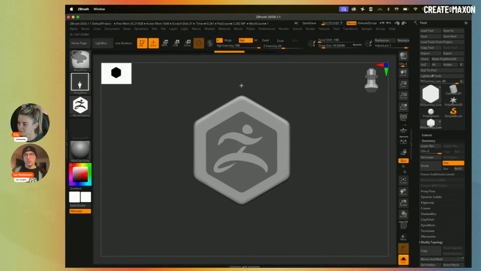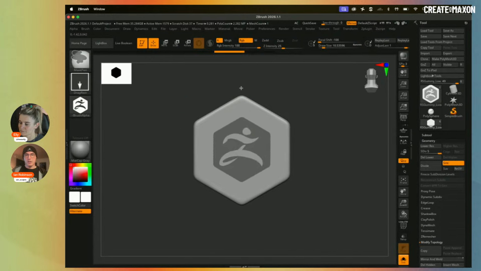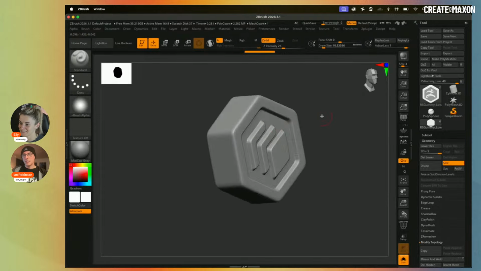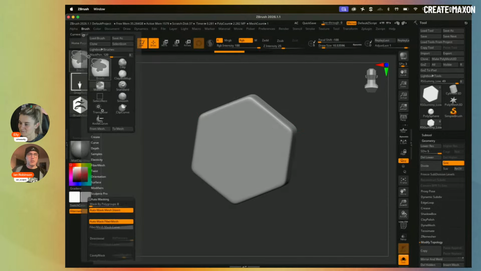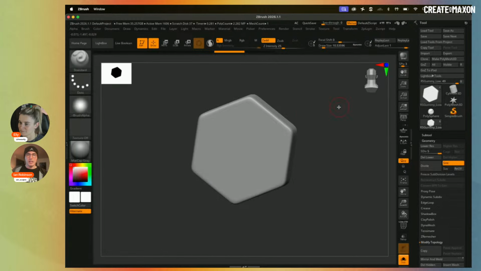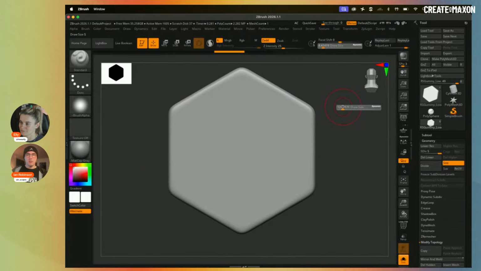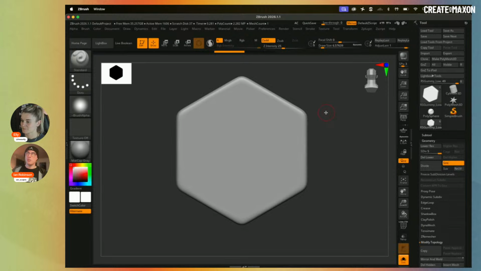So yeah, I could have just come in here, turn on backface mask, find the center. Ian, you could do it. Yes, there you go. And then that's going to protect that side. So that is something that you could do. Just press and hold control, go up to brush, backface mask, and it's good. Something else you could do as well, and it is a little bit of a new feature as of